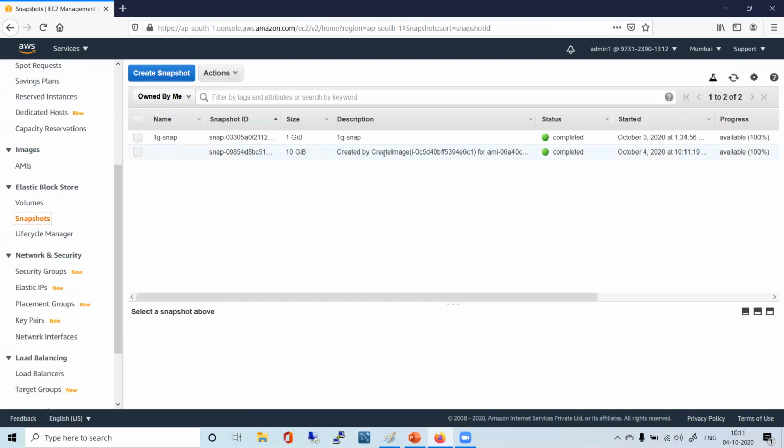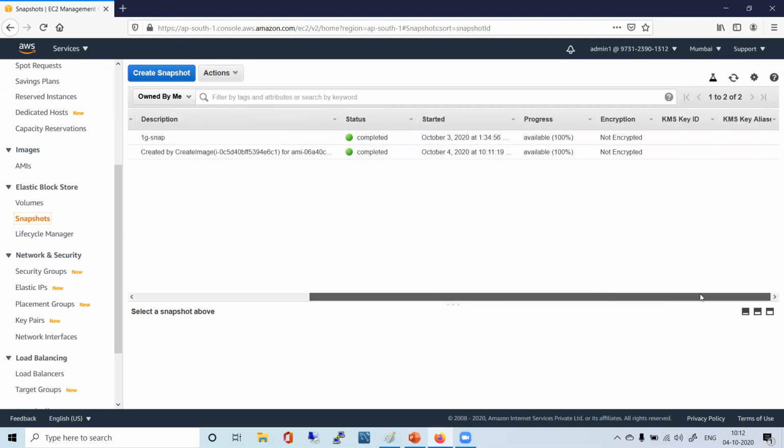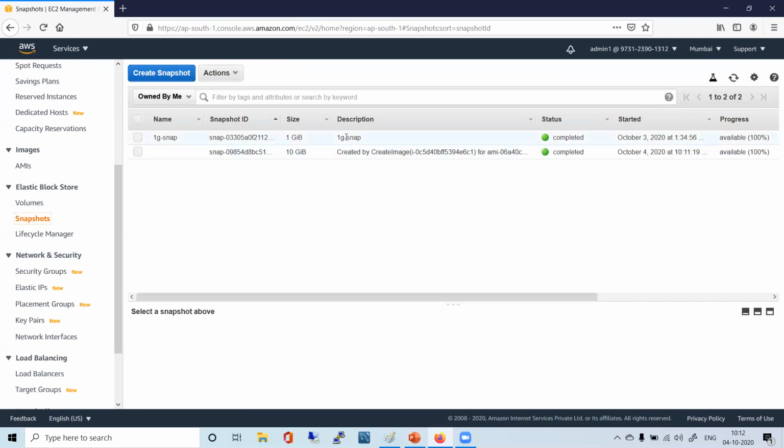AMI. Whatever process that we followed for creation of the AMI, the first thing was the creation of the snapshot, because this is mandatory for AMI. So this snapshot is ready, and there is no difference between taking a particular snapshot manually and how this has been taken. It's one and the same.